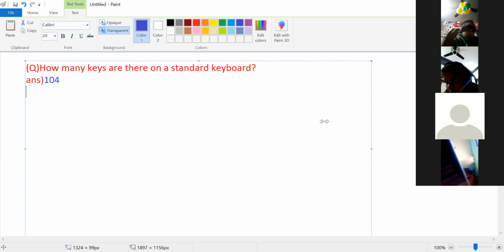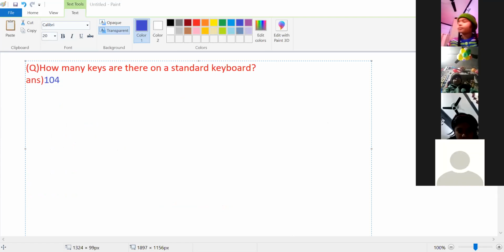Pooja, Anubhav, Akshat, very good. Almost everyone is writing the answer in the chat box. Next question, everyone try to answer.